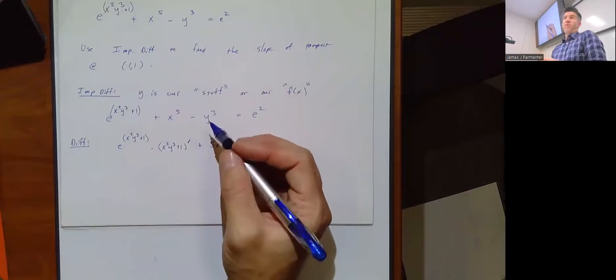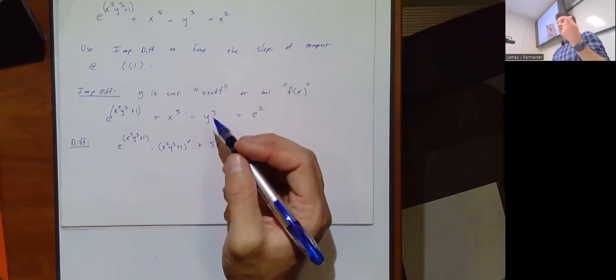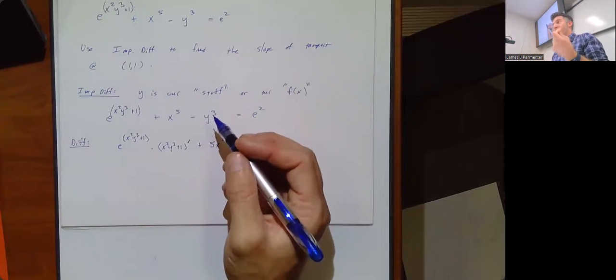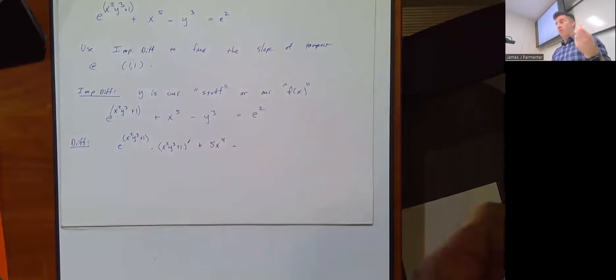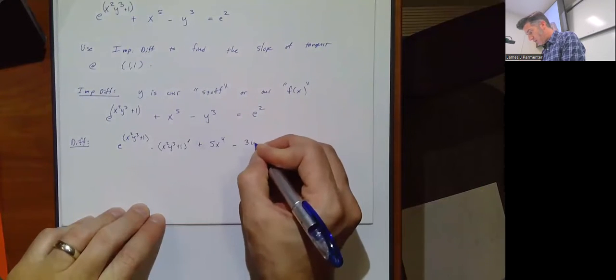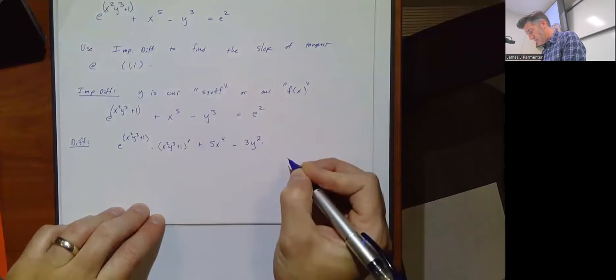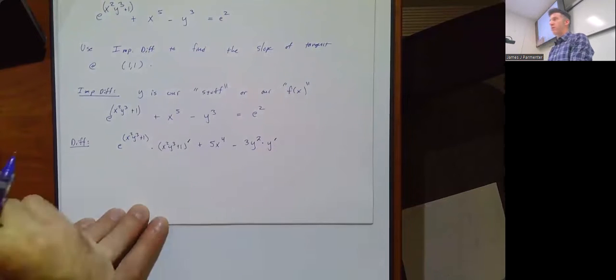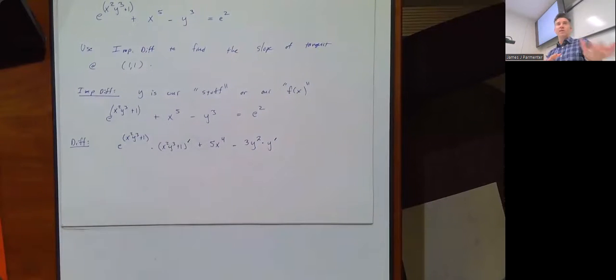The derivative of x is just 1. Y to the 3rd, the derivative of y isn't just 1. The derivative of y is the derivative of y. That's y prime or dy/dx, whatever you want to write. So when I take the derivative of some stuff cubed, I get 3 times my stuff squared times the derivative of my stuff. You can write y prime, you can write dy/dx, whichever you prefer. I like to write y prime. Times not the stuff, times the derivative of the stuff, because of the chain rule.